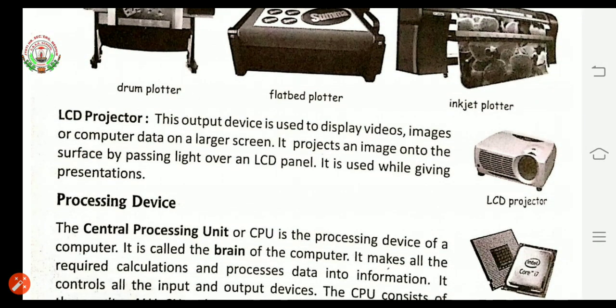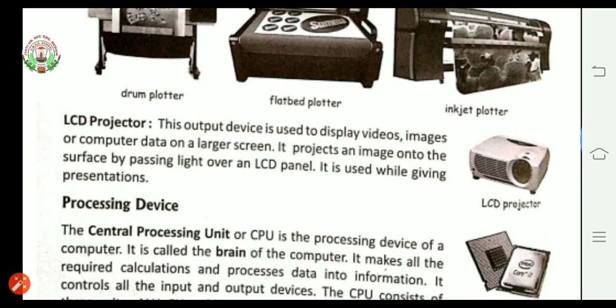LCD projector. This output device is used to display videos, images, and computer data on a larger screen. Suppose you want to see any kind of video or image, you can easily see it on the monitor of a computer, or any kind of data you can see on the monitor.